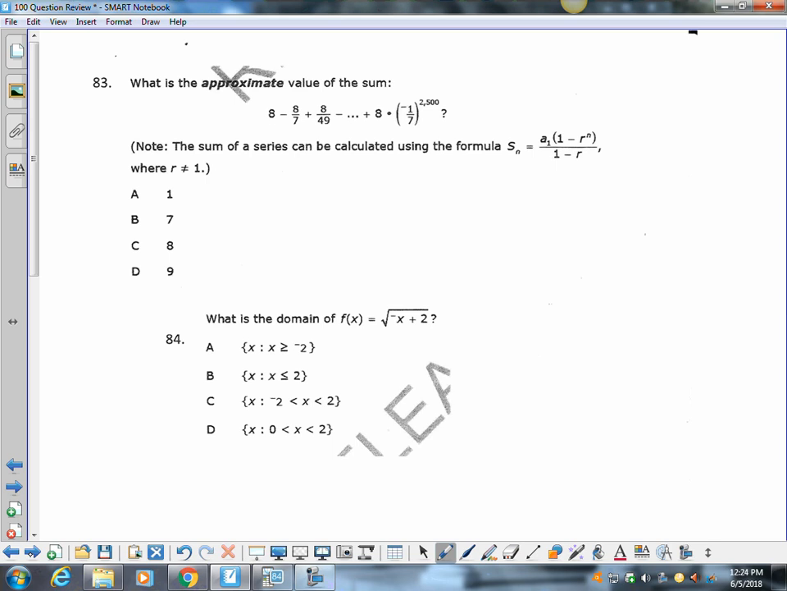I want the sum. It gave me the formula. That was very nice of them. It's given me, and then it gives me this. So I can tell that I'm starting with 8 and I'm multiplying each one by negative 1/7. And it looks like I've done this because it's to the, so I've done it 2,500 times. So that's going to be my N. My R is my negative 1/7 because that's what I'm multiplying each time. And my N is going to be my 2,500. So first term,